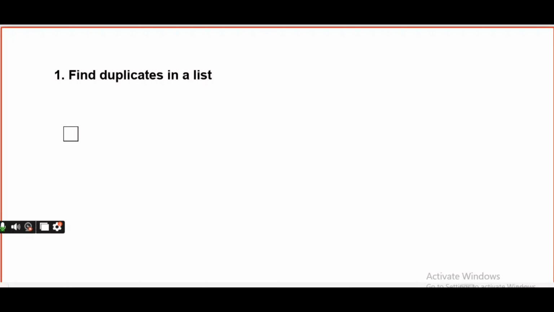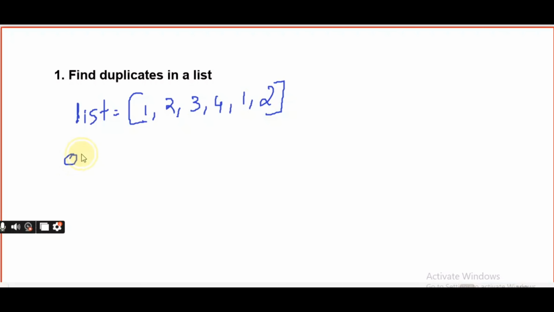The first question is find the duplicates in a list. So we have given a list that contains the duplicates. That means 1, 2, 3, 4, 1 and 2. In this list 1 and 2 are the duplicates. So output will be 1 and 2. We can solve this by using multiple approaches, but I will show the optimized approach, that is by using set